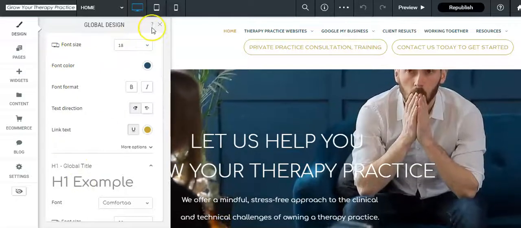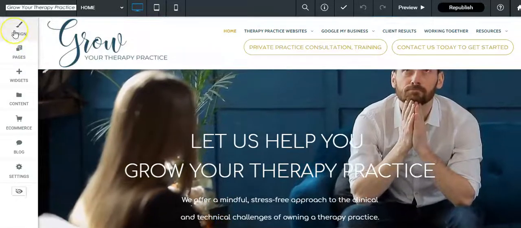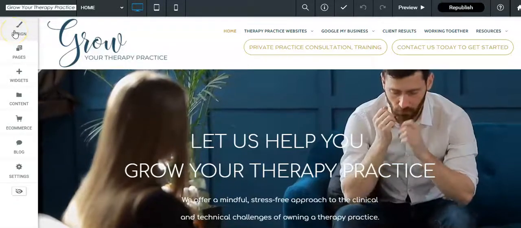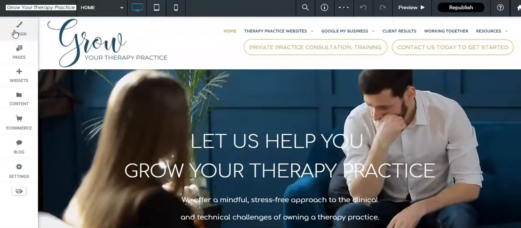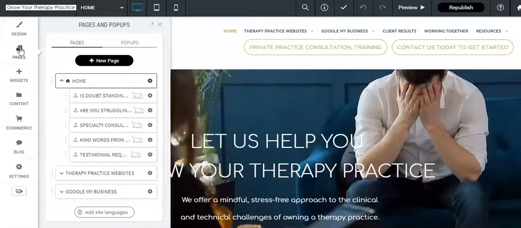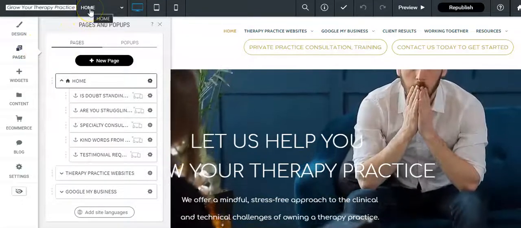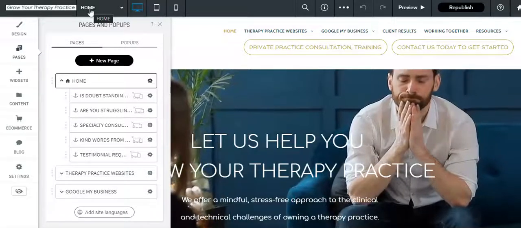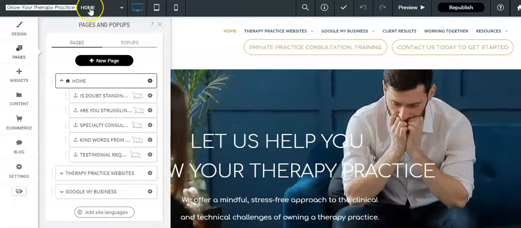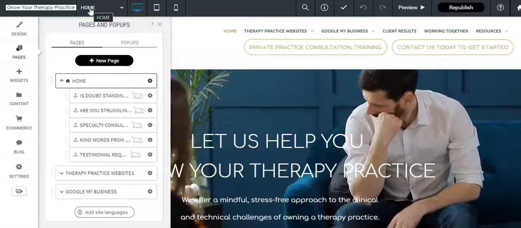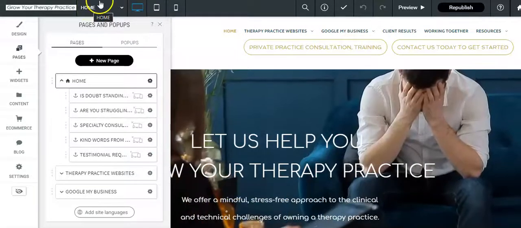Okay, so you probably won't use that too terribly much, but if you want to change the font throughout the site, that's the best way to do it. So you're not changing each particular page. Next we have your pages, and this again is something of a duplicate of your home, but it gives you more functionality. This particular home on the top, the way that we were navigating, just gives you the option to go to a particular page. But this